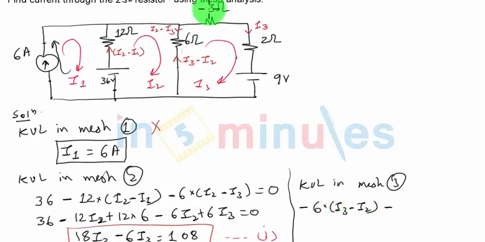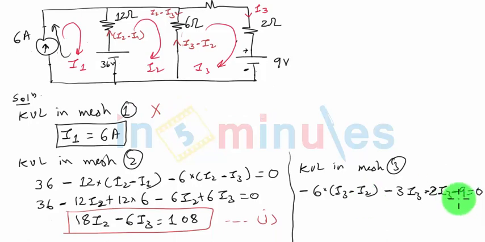Okay, next drop is across 3 ohm resistance through which the current is I3. We are traveling towards right in the direction of I3, so it will be minus 3 times I3. Next drop across 2 ohm will again be minus 2 times I3, and then we come across a battery. We are going from positive to negative terminal. Plus to minus means drop will be negative, minus 9 equal to 0.